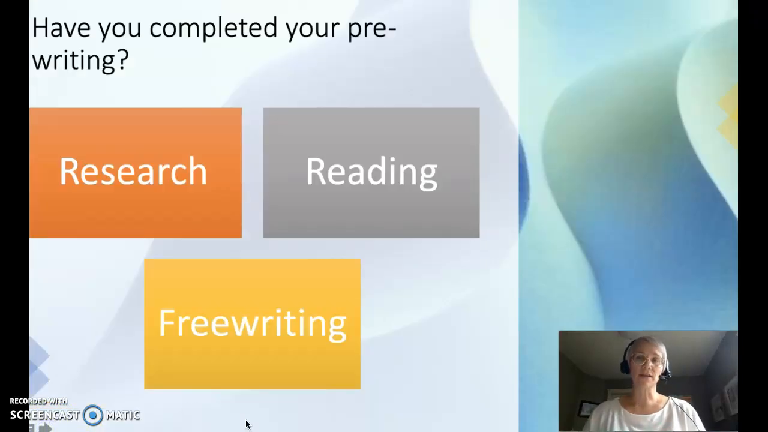The first thing you need to be sure of is that you've completed all of your pre-writing before you sit down to start building an outline and building a thesis statement. So you need to make sure that you've done any required reading, you've read the novel or you've read the article, you've done any related research, you've gone into the databases, not just Google, and that you've done some free